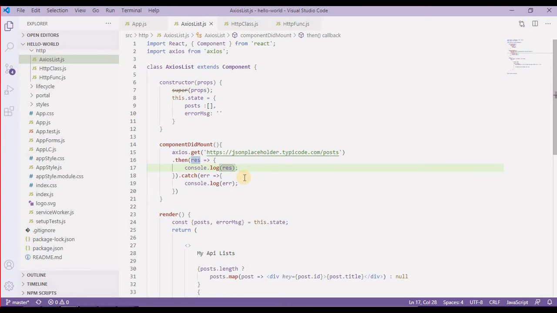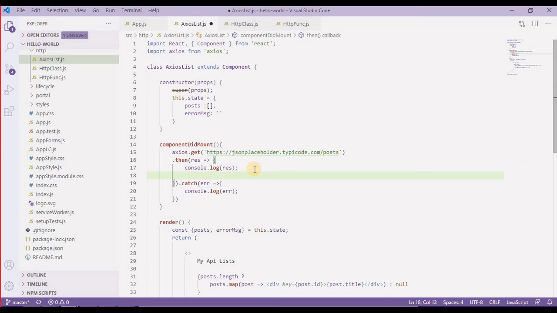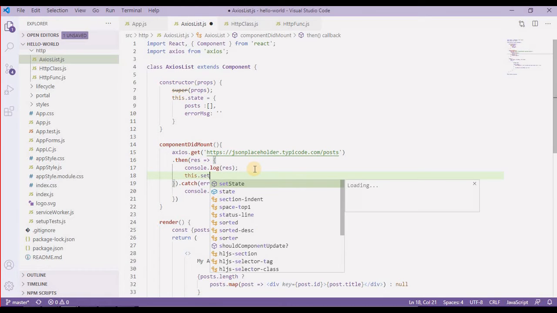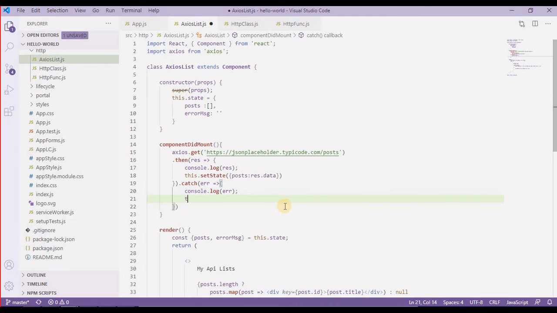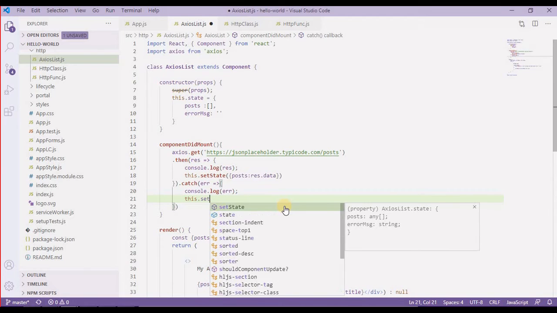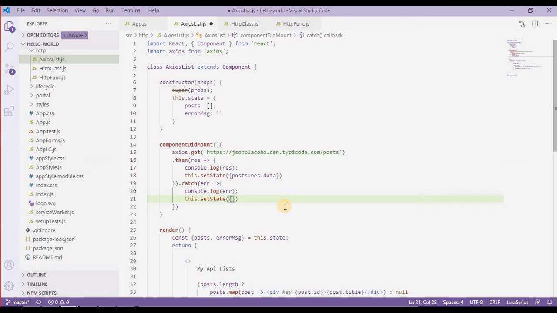So here I'm going to set the state. So this.setState, which is again posts equals this.data, and for the error handling message I'm going to have this.setState again, and here in the error message, some error message over here, like error message.